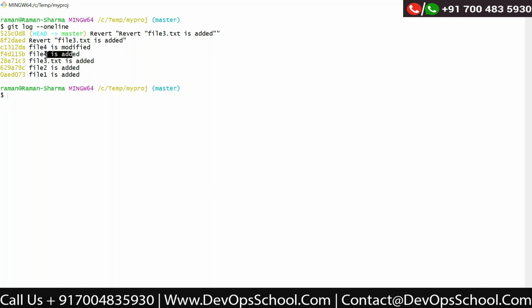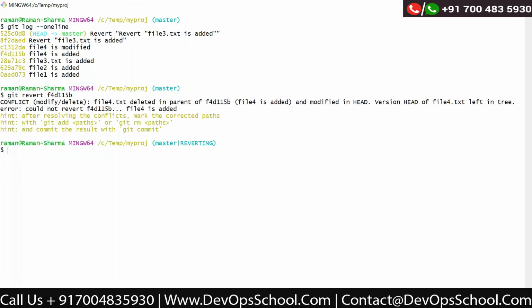This one. So what I will do is git revert, and I want to revert this change. Okay, it is giving some error. It cannot be reverted because file 4 was deleted in the parent, which is this, and modified in the head version. Error: could not revert these changes.